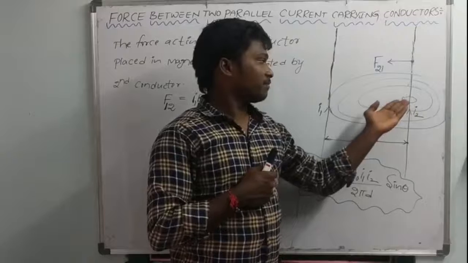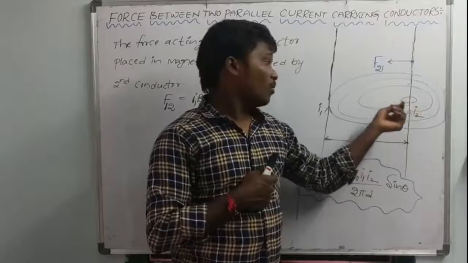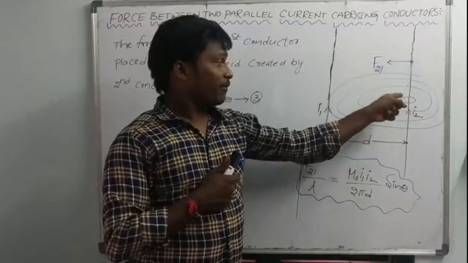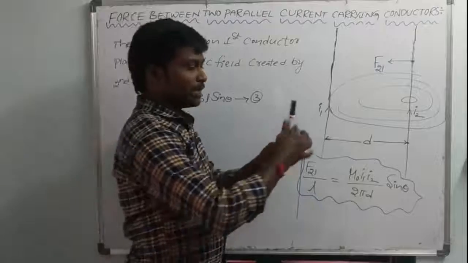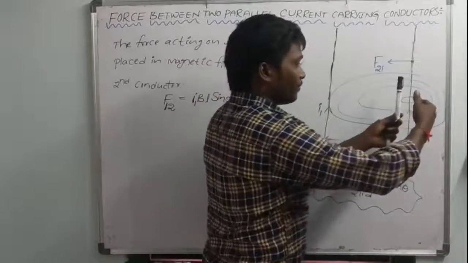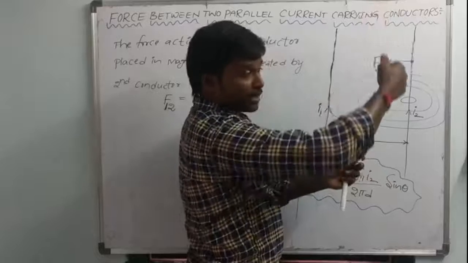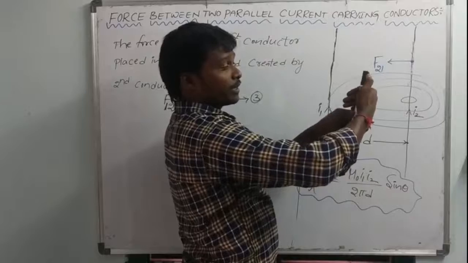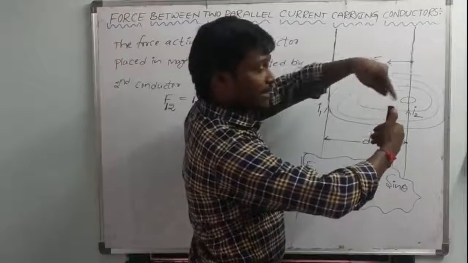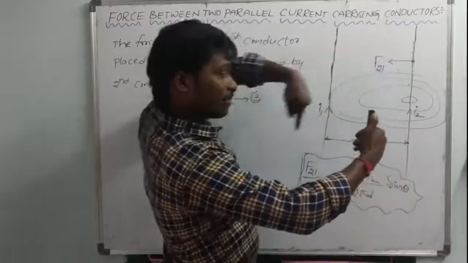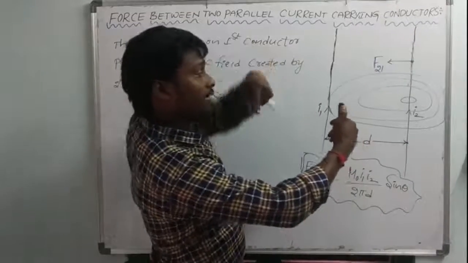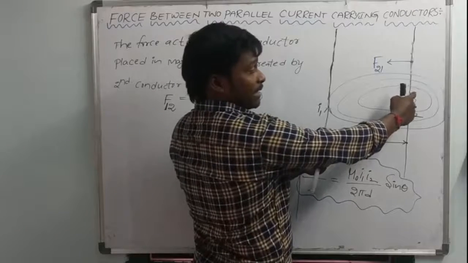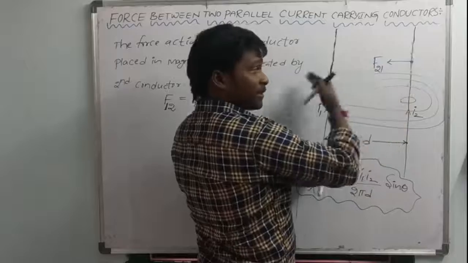At the same time, this one is producing a magnetic field. What is the direction of that magnetic field? Same only, no? So please see, this is the current carrying conductor. Current is flowing in the upward direction, so the thumb is showing the upward direction. In what direction are these four fingers showing? This direction, right? So it will go inside and it will come outside. This first conductor is on the left side of the second conductor.